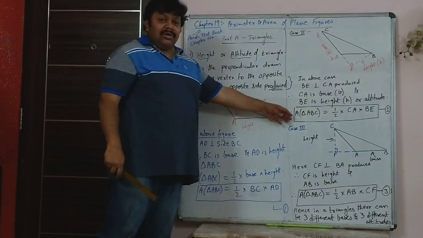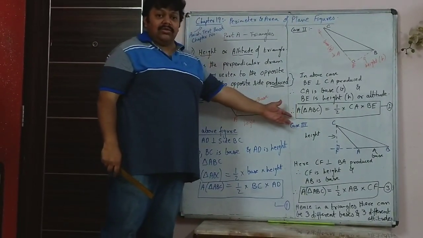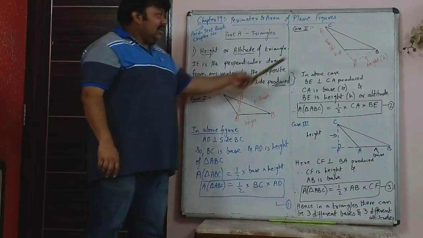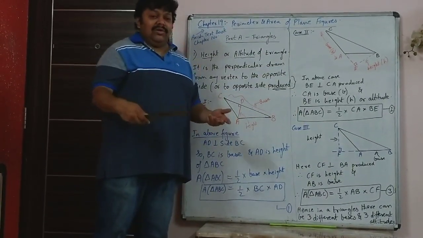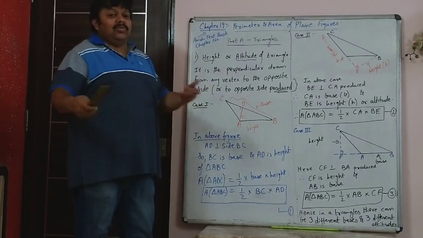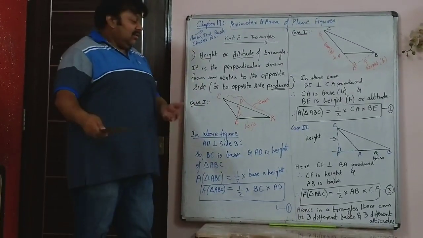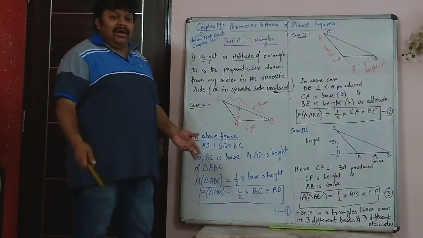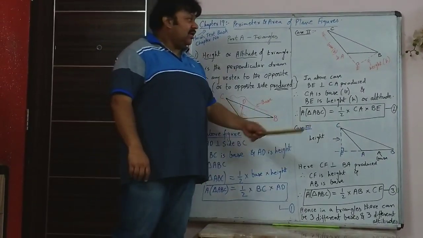So 100 centimeters squared, so this is also 100 centimeters squared, because finally these are the same triangles. Whichever side you are taking as the base, the perpendicular to that will be the height. So in the same way, there is a third possibility.